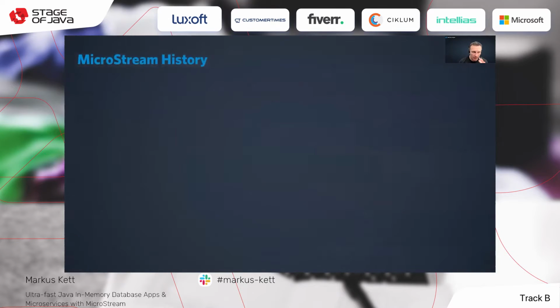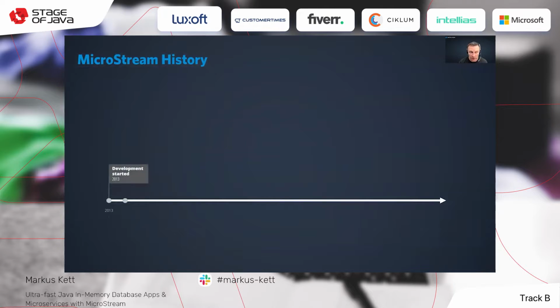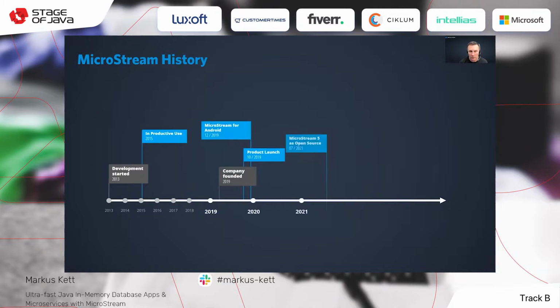The MicroStream development started in 2013, and 2 years later, we used MicroStream in production for the very first time. Today, MicroStream is already used by many enterprises out there building their database applications. So MicroStream is really stable.